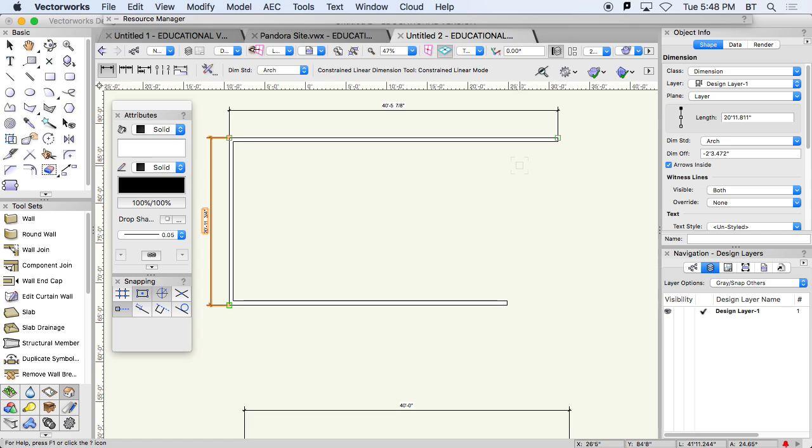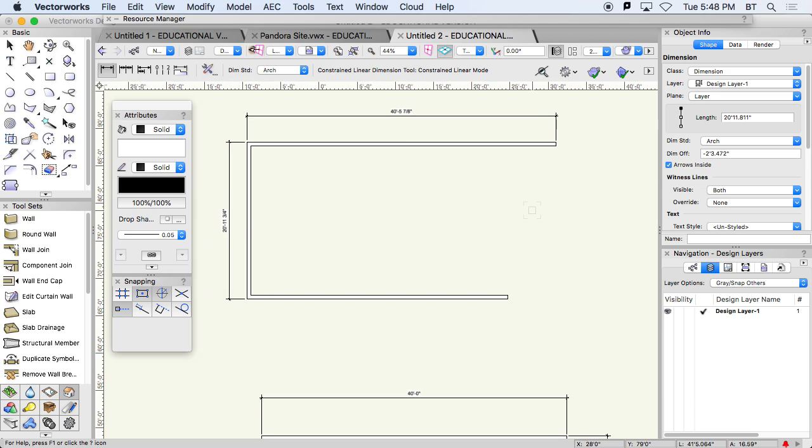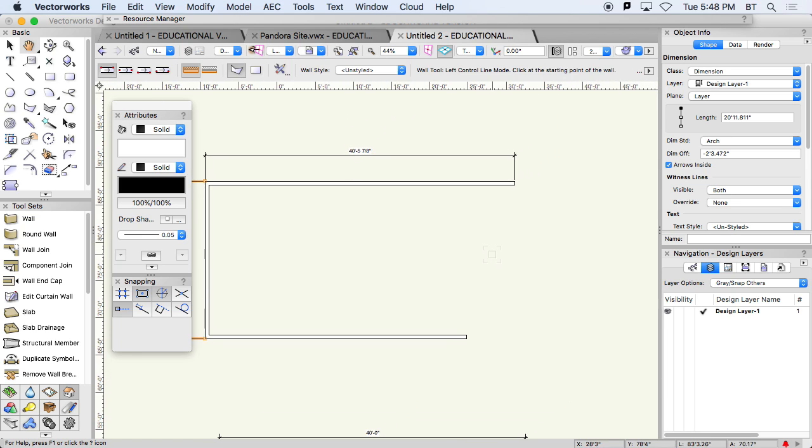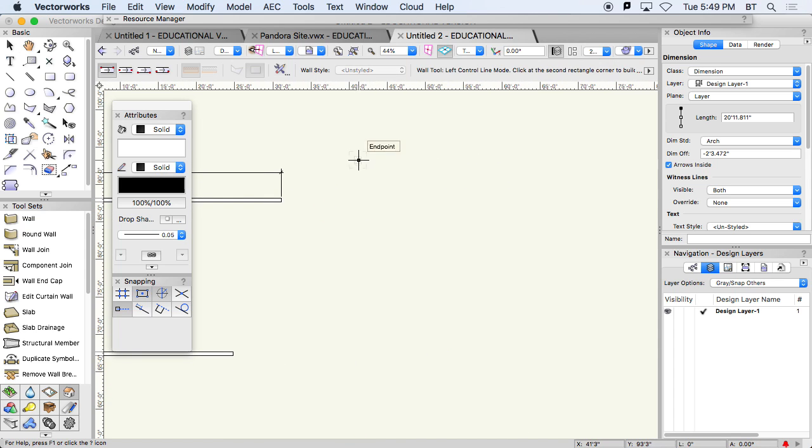So especially when we're drawing in a polygon mode, using those control lines, we need to draw in a clockwise direction. There's also the rectangle draw mode,